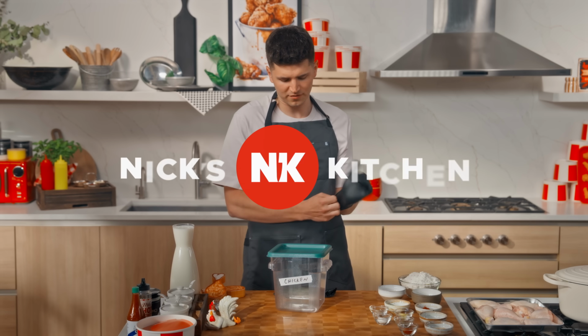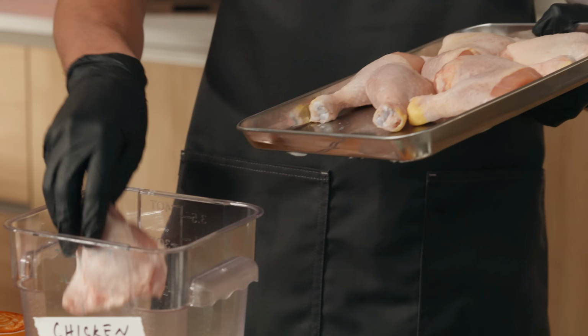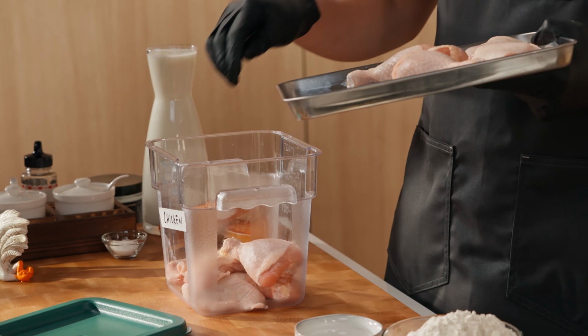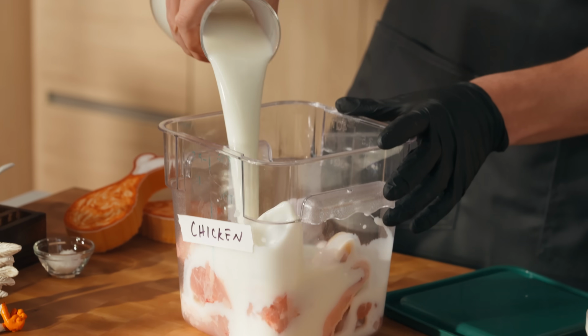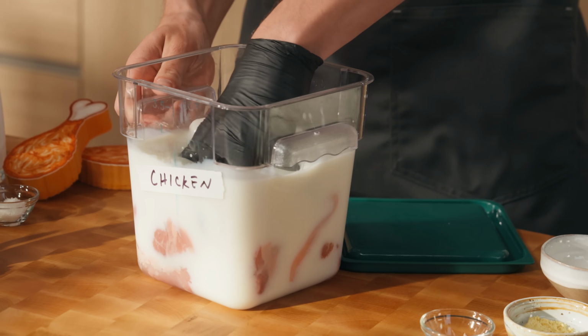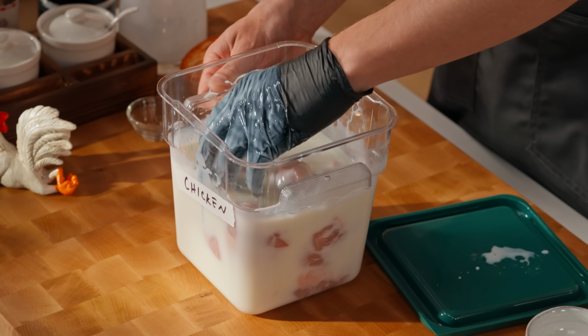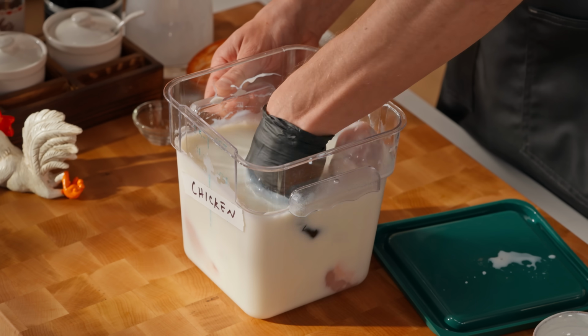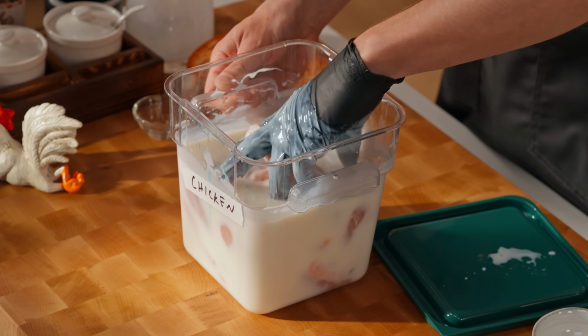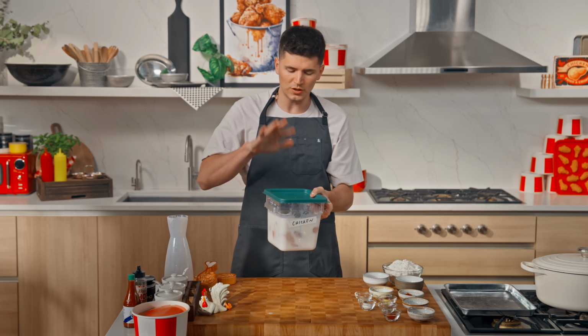You know I'm all about flavor, so this recipe starts by marinating our chicken. To do this, grab a good sized container and fill it up with your chicken and cover that with buttermilk. We use buttermilk because it's acidic, so in addition to giving some flavor, it's gonna break down the protein in our chicken and make it more tender. Along with that, I'm gonna add a pinch of salt and then I'll give it a good mix. Make sure every piece of chicken is well coated and make sure they're spaced out a little bit in there. And once you've mixed, toss on your lid and place this in the fridge for anywhere between 2 to 6